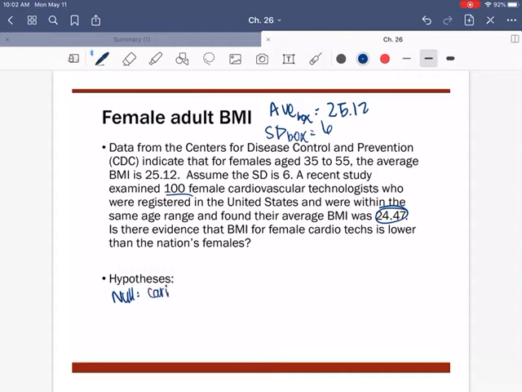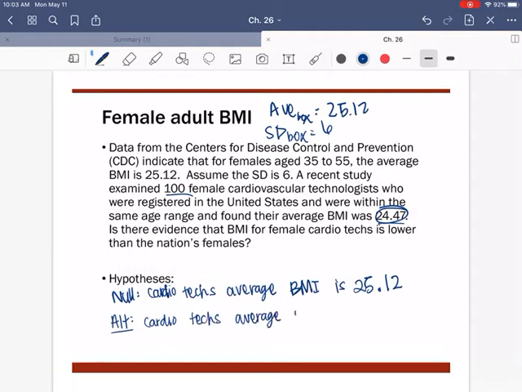So hypothesis. The cardio techs' average BMI is what it should be, 25.12. So this is for all cardio techs. We did a sample and got 24.47. So we want to know if that's a big enough difference that we're wondering if that average is actually not right. So the alternative,